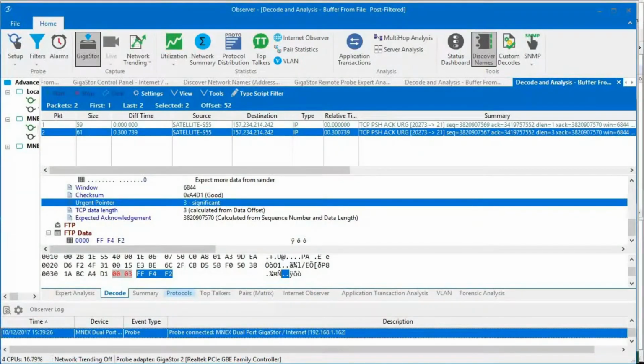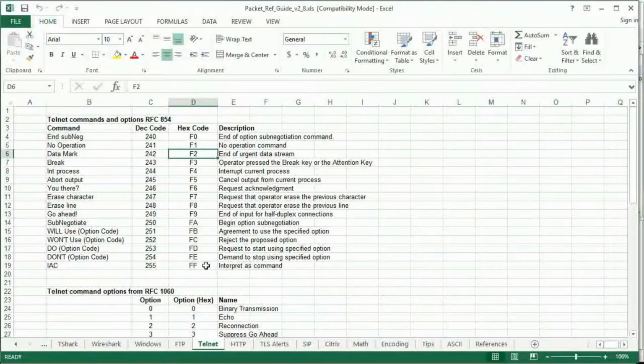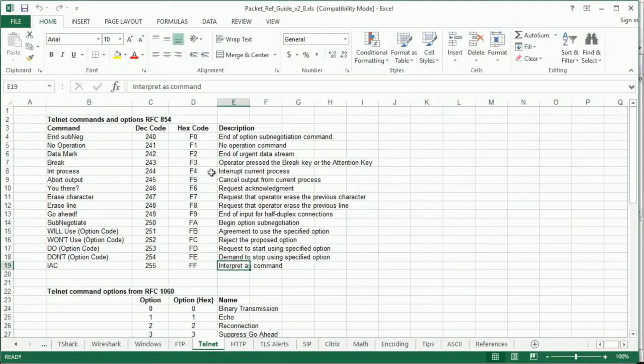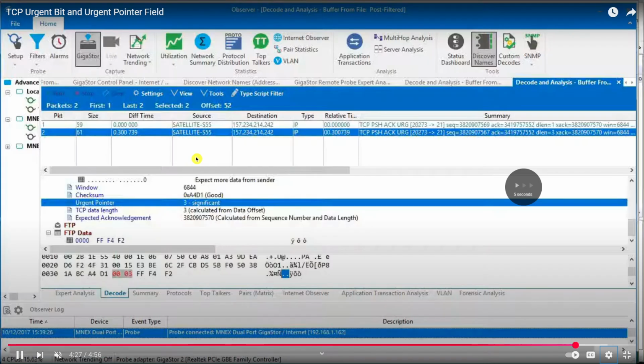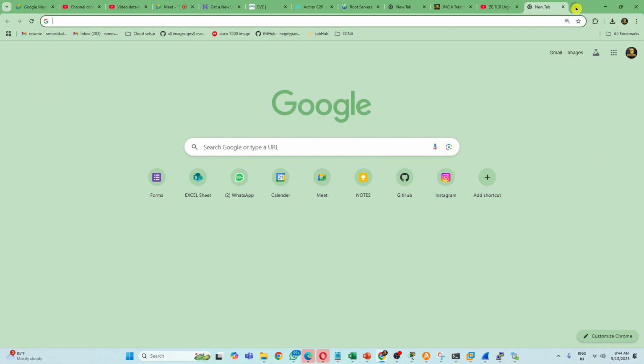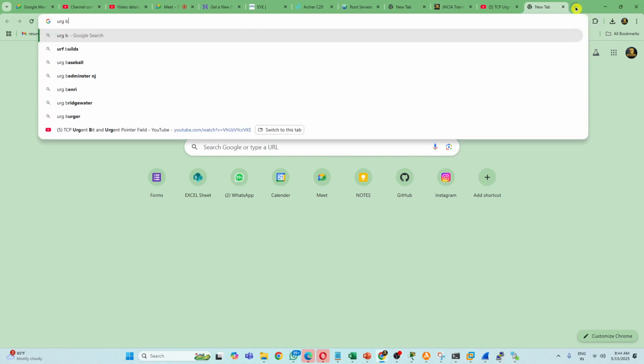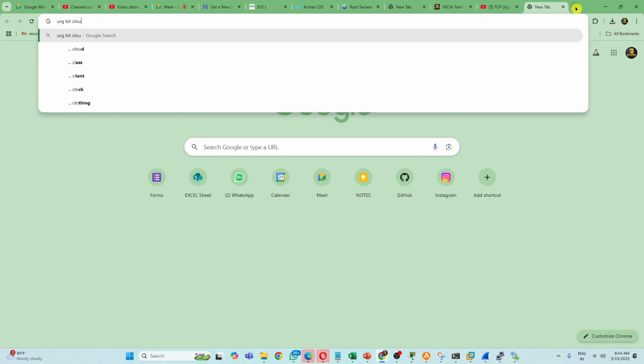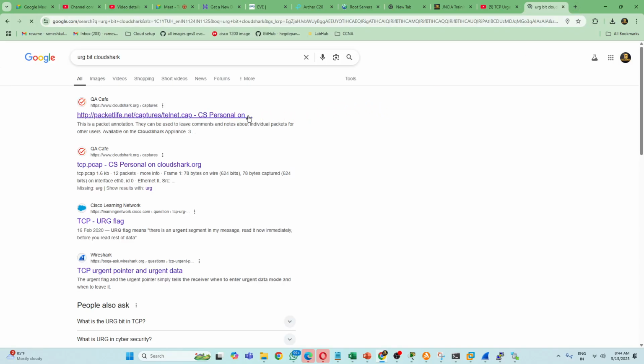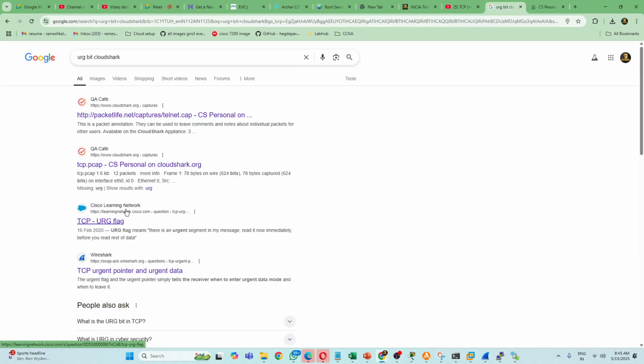Whenever you are copying data through an FTP server, that is urgent data, the urgent flag will be set to 1. All the information will be stored in the urgent pointer and will go to the application quickly. Okay. Now there is a Cloud Shark, which is a website. It is capturing everything. Okay, let's see here. TCP packet urgent flag.